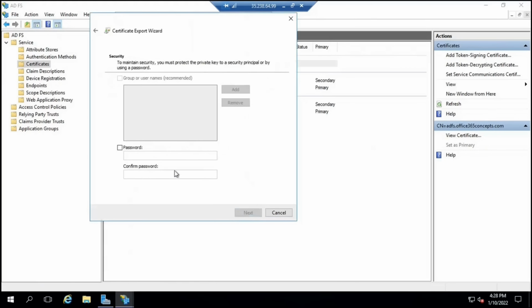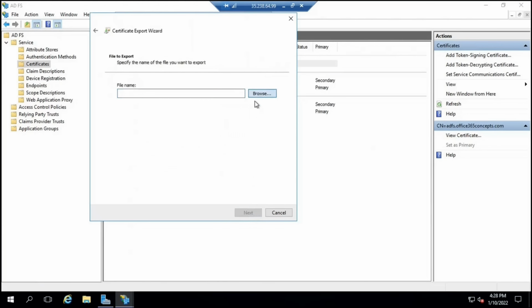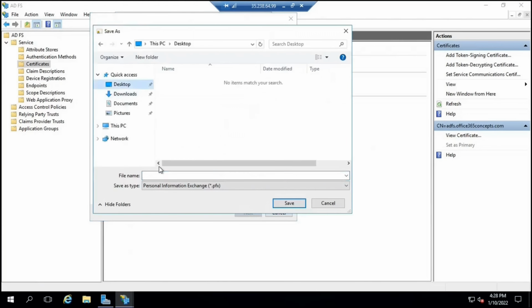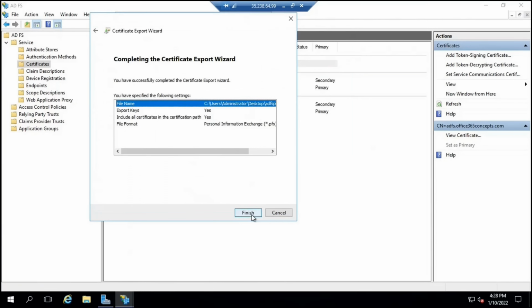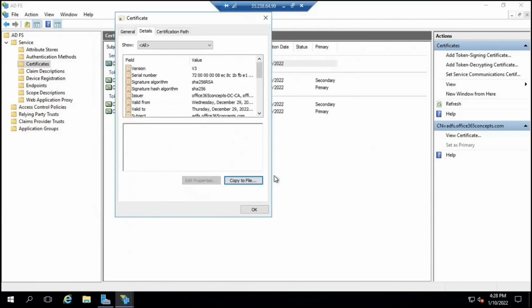Next, click Next, and here type a password, click Next, and here you can browse to the location where you want to save this certificate. And I'm going to save this on the desktop with the name ADFS proxy cert. Click Save, Next, Finish. Click OK